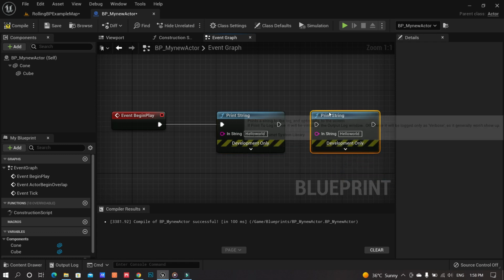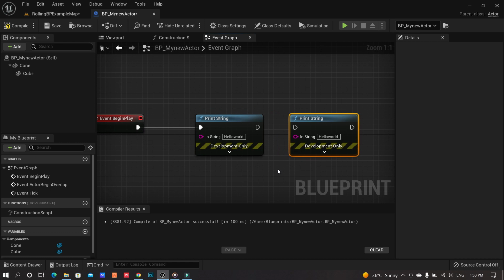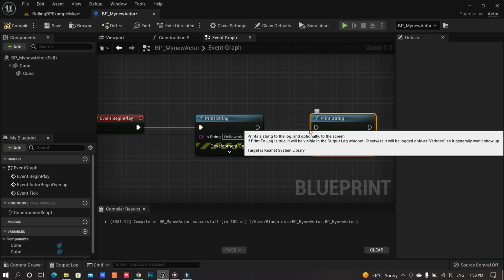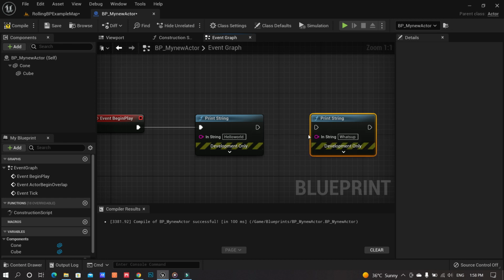So you can see that we have another node which is created of print string, and it has the same message. You can now change the message and let's say, "What's up." Fine. And in the same way, you can connect the execution of this particular node with this one, or alternatively, you can also do the same thing by dragging the pin from here and bringing it back into the print string. So other way around, or the same way, actually, it will be connecting to each other.